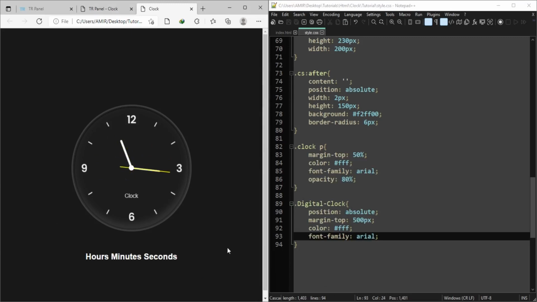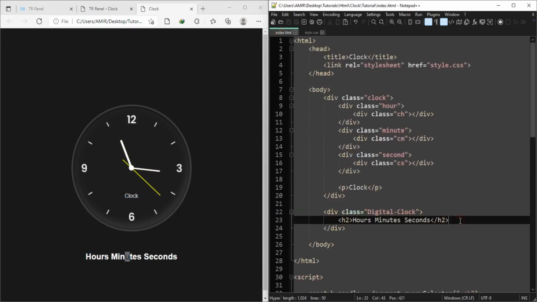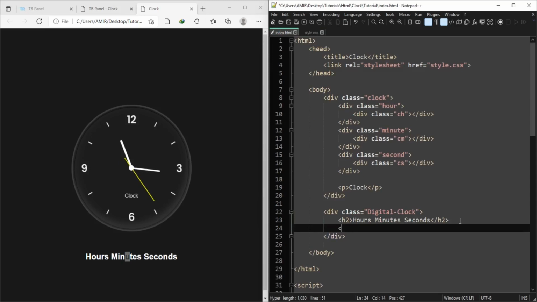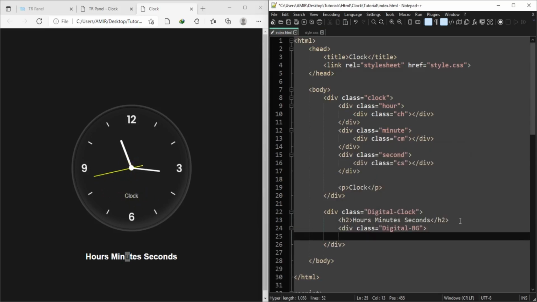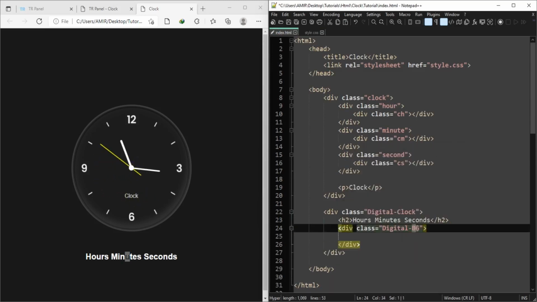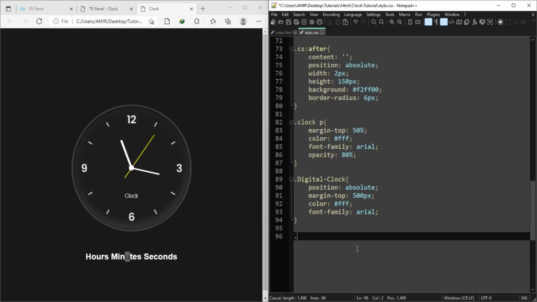Now we have to make a rectangle for hours, minutes and seconds. Go back to your HTML file, create another div. You can call it digital BG. Copy this name. Now go to your CSS file, paste here.